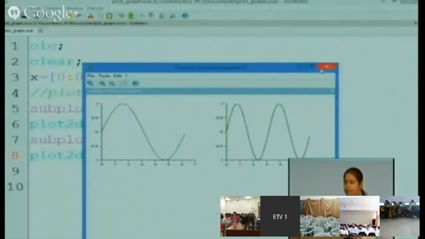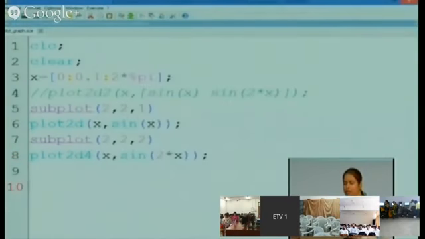Starting with the next, the function plots. Here we are using this x and then x comma sin x. What happens if the function is given in a function? We make functions when we want to use a program iteratively, means again and again we are using those 4 to 5 lines in the main program. Then we make a function for that, name that function, then call that function in the main program.